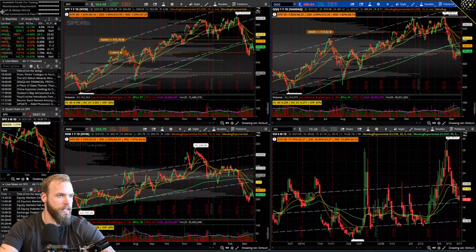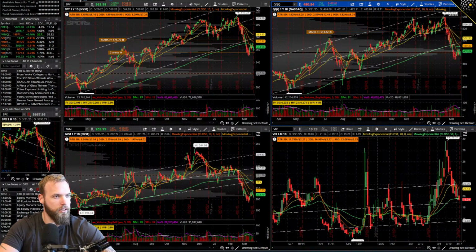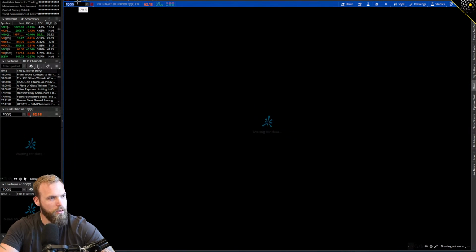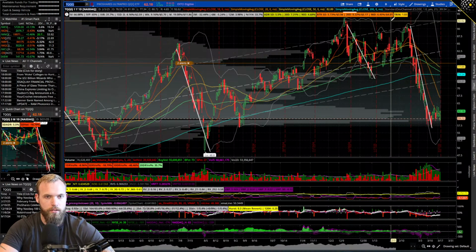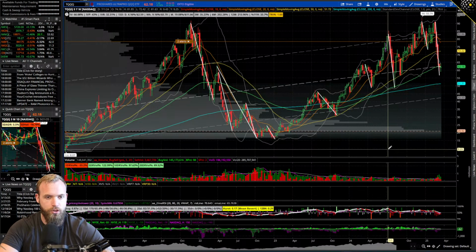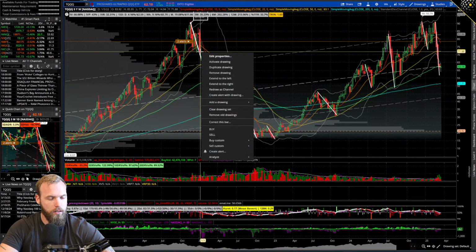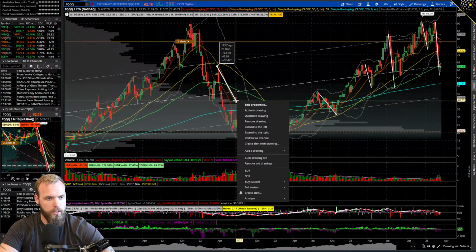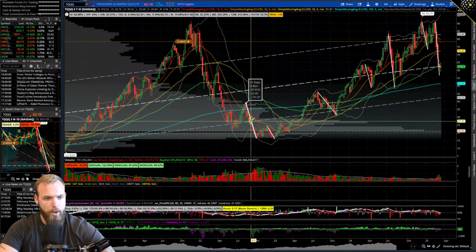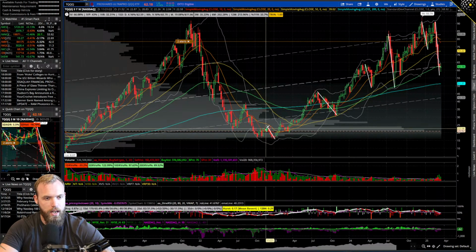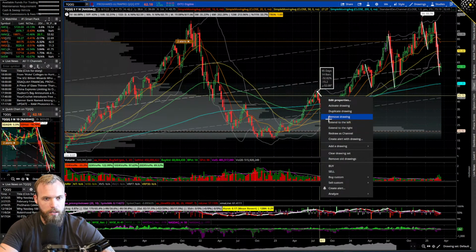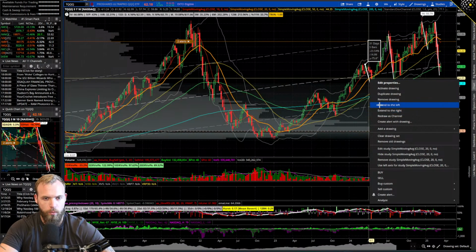A great example of this is if we take a look at T-triple-Qs. You guys have seen the covered strangle in here several times now. If I zoom this out, I guess we can get rid of these drawings. We don't really need these. But if I zoom out into the time frame where I started trading the covered strangle in T-triple-Qs, which was,